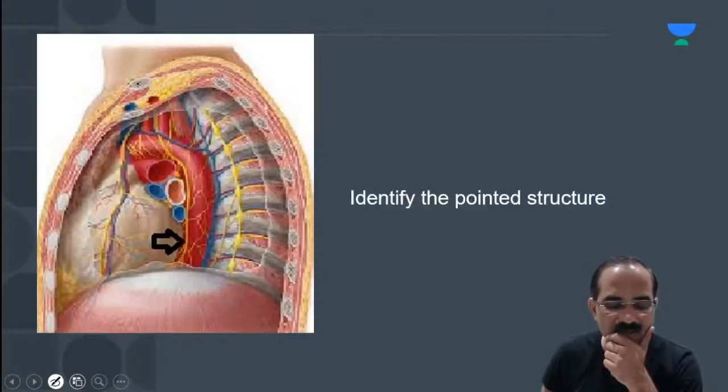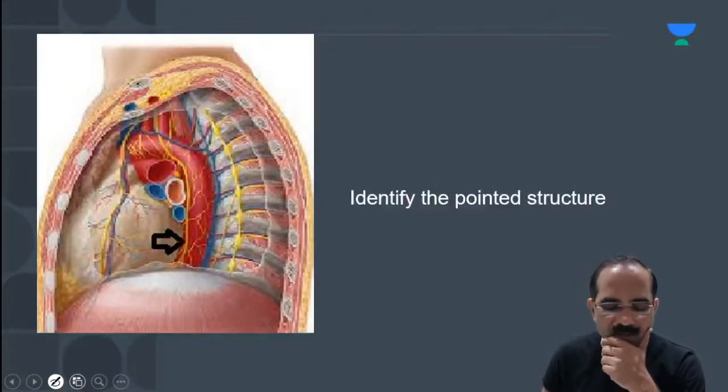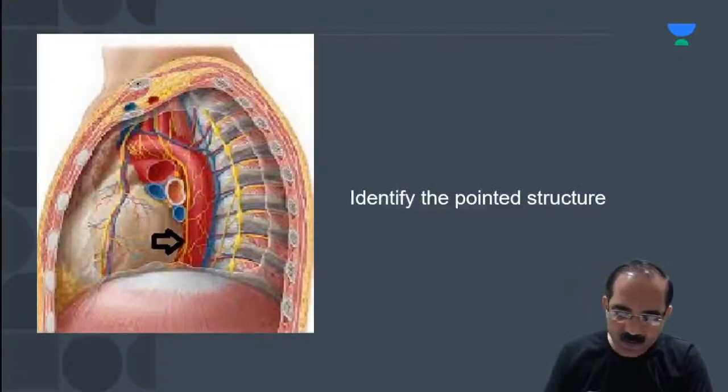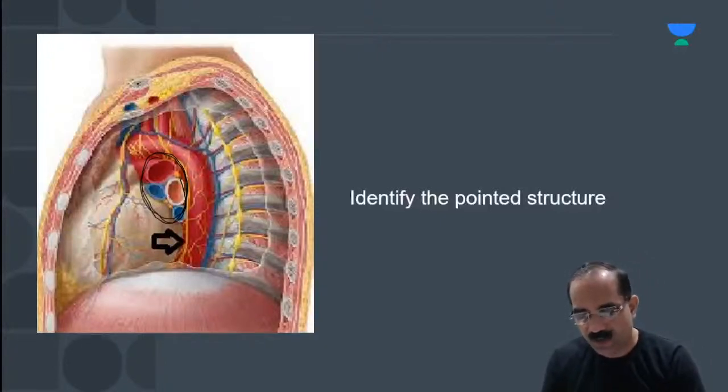Yes, vagus, very good. That's a vagus nerve. How do you identify this as vagus, children? There will be a hilum of the lung here. Remember, there's a hilum of the lung here. And the nerve, students, the nerve which goes behind the hilum